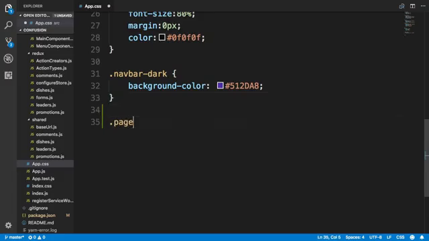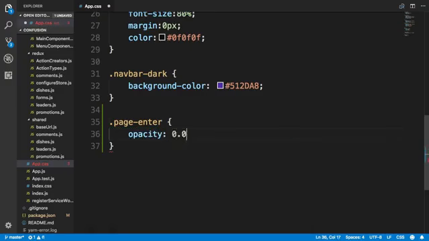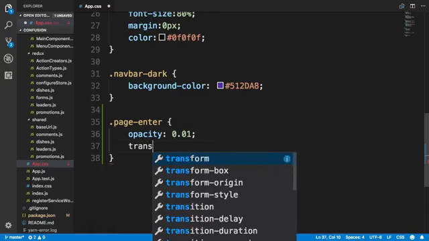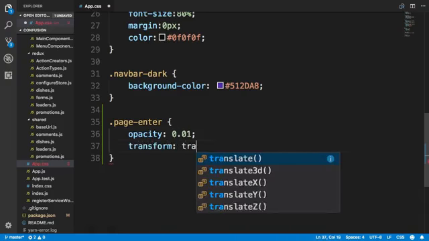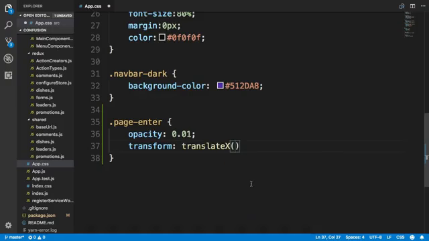So I will add in a new class called .page-enter, and this class starts with an opacity of 0.01 and then a transform of translateX(-100%), and then one more class here called .page-enter-active,